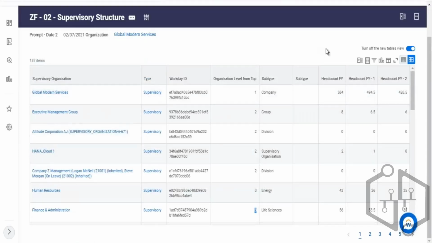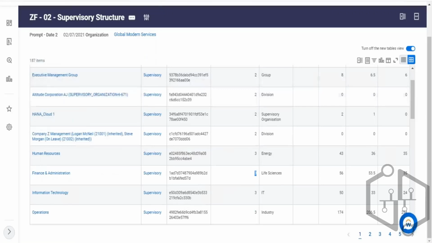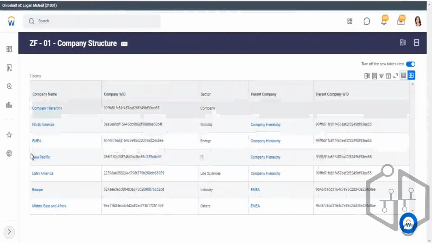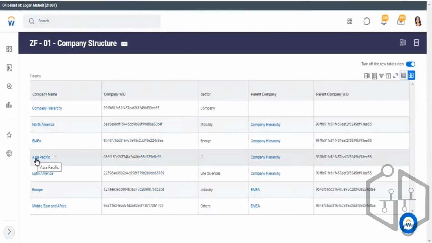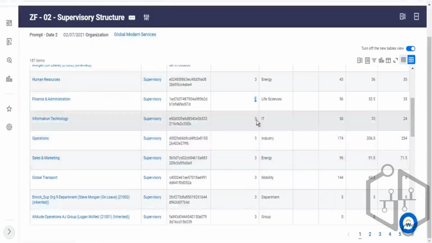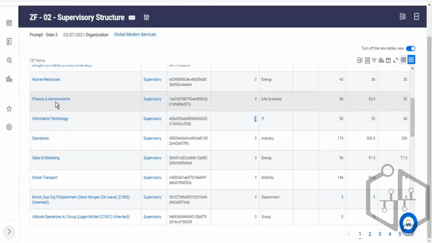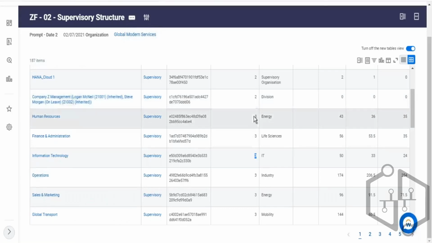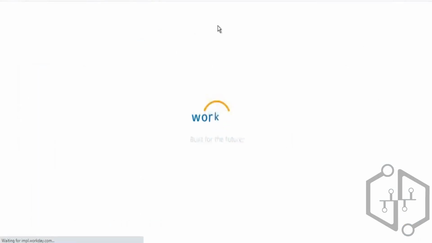Okay, then for each of these organizations, I am also pulling, similar to how I was pulling the subtype for each of these companies, the subtypes for each of these supervisory orgs. Okay, all right. Now, if you see, for these organizations at level 3, so if I open human resources,